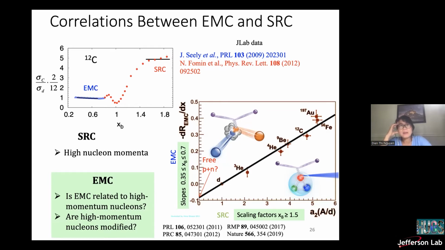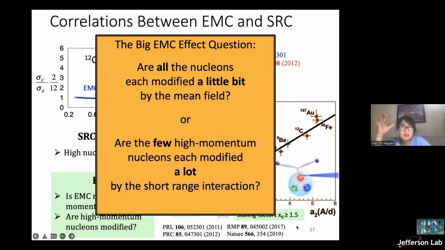So the question is, for the EMC effect, what we are thinking is that the bound nucleon is modified by the nuclear effect, right? So the question is whether EMC is related to the high momentum nucleon in the SRC, and is a high momentum nucleon modified? Now the big question is that in the nuclei you don't just have SRC. You remember that you still have mean field nucleons as well. So the next question we want to answer is whether all nucleons